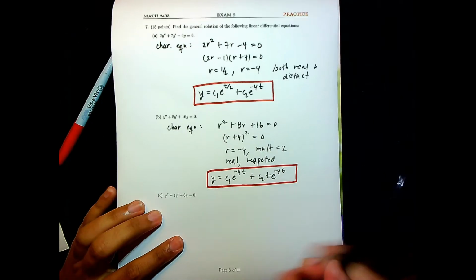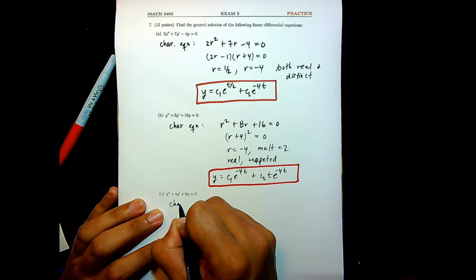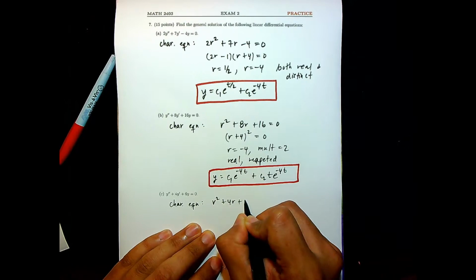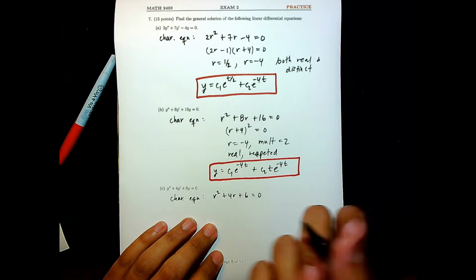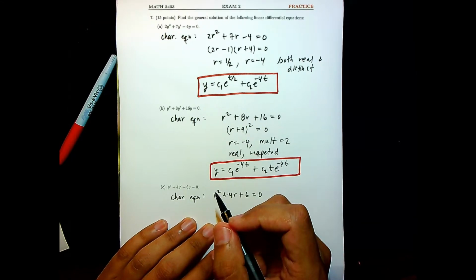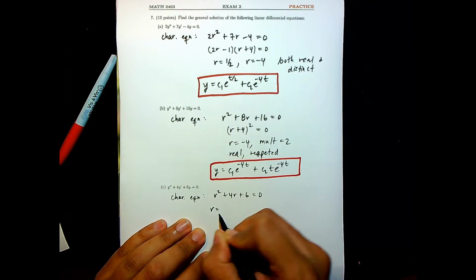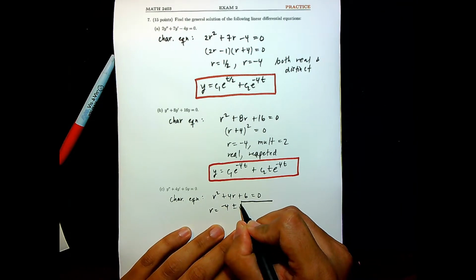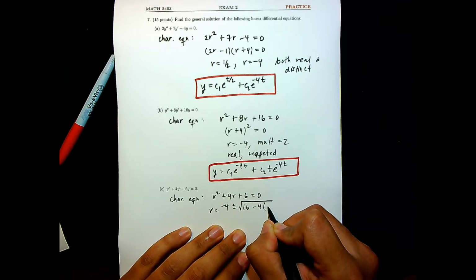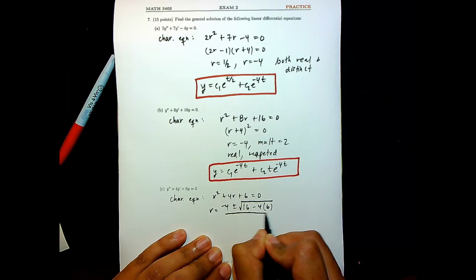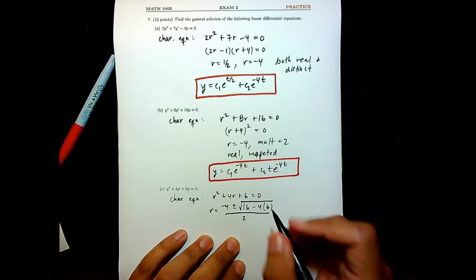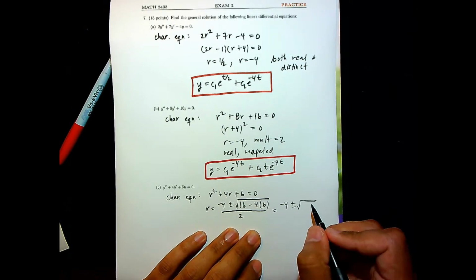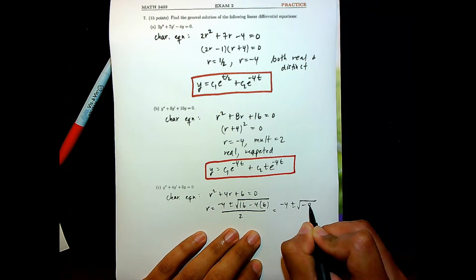And then, lastly, the characteristic equation for this one is r squared plus 4r plus 6 equals 0. Well, this is going to be the complex case. You cannot factor this. So we have to use the quadratic formula. So this is going to be r equals negative 4 plus or minus the square root of b squared. B squared is 16 minus 4 times a times c, all that over 2 times a. A is 1, so just 2. And then this is negative 4, simplifying, plus or minus the square root of 16 minus 24. 16 minus 24 is negative 8,